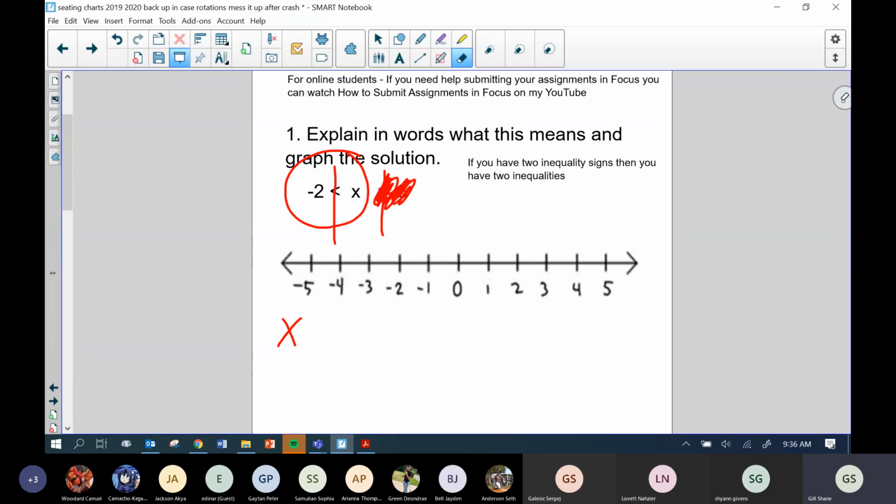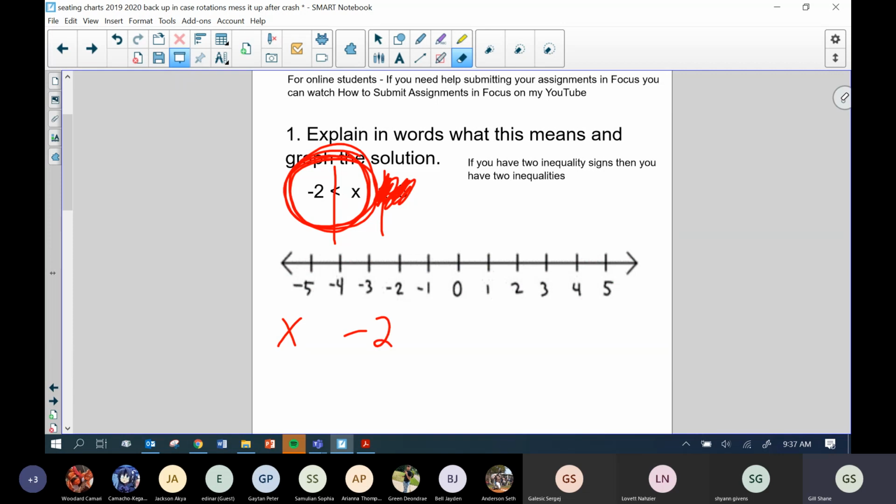Remember, I have two inequalities, so I'm going to treat this as one inequality. Only I want the x to be on the left side, and it's not. If you look up here, the x is on the right side. We've gone over this before, but I need to flip this around and put x on the left. So the x is going to be there, -2 is going to be there,